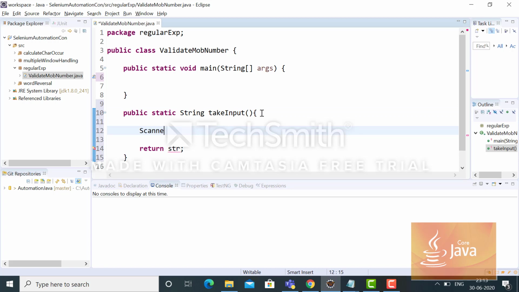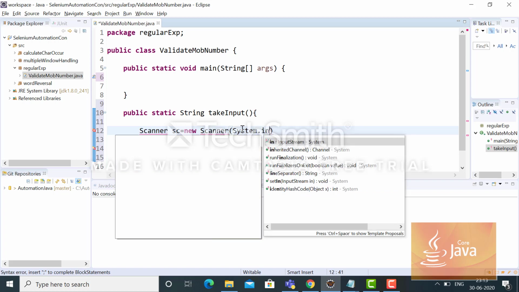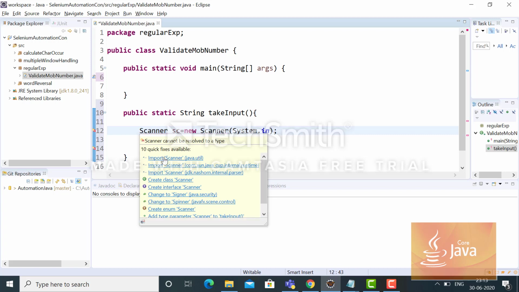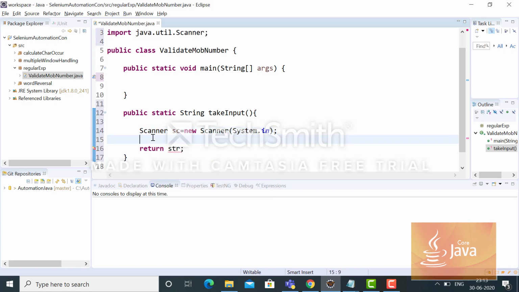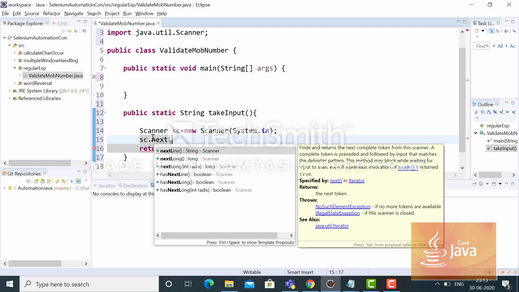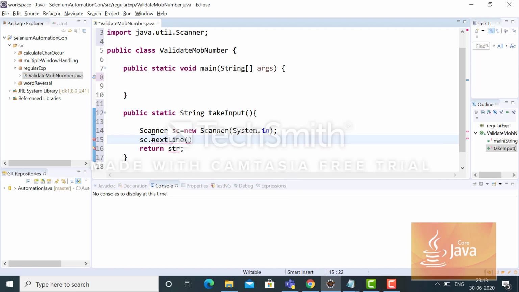Now I will use the Scanner class. It will take standard input, and I have to import the package also. It is in the java.util package. On top of that I will invoke one method called nextLine. This will return one string, and the same string I will return.